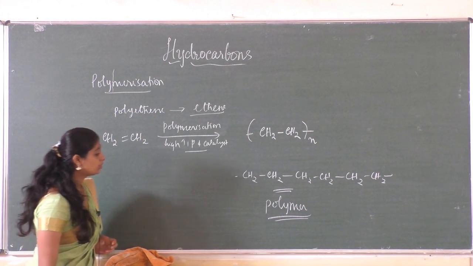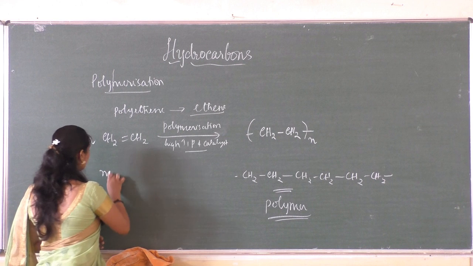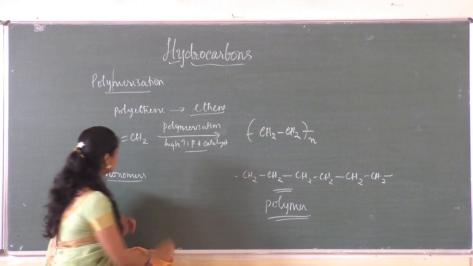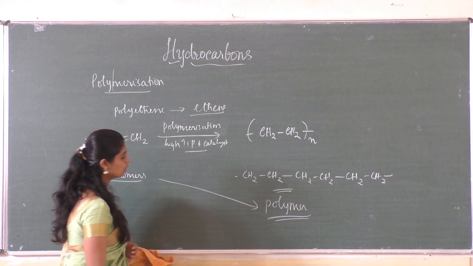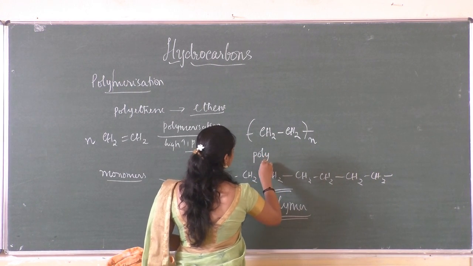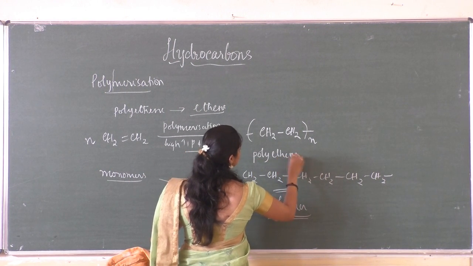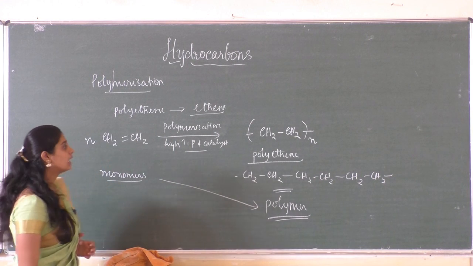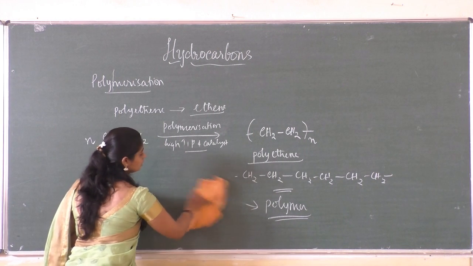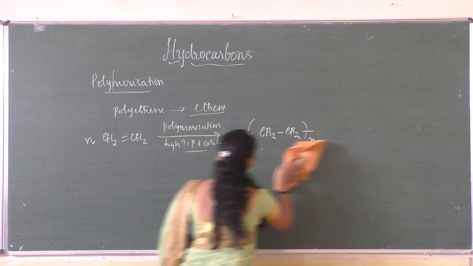The polymer which is obtained by the repeated addition of smaller units, those are called monomers. So by the addition of monomers, we get a large compound or a giant molecule which is called a polymer. And this is a polymer because of that reason. It is poly, many numbers of ethene added, so it is polythene. The name is polythene. If you take propene and perform polymerization, the product that we are going to get is polypropene. So if you consider propene,